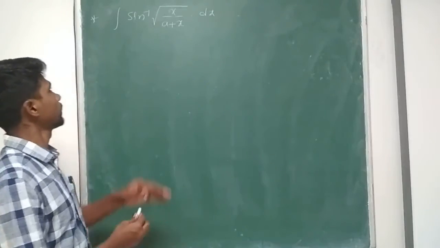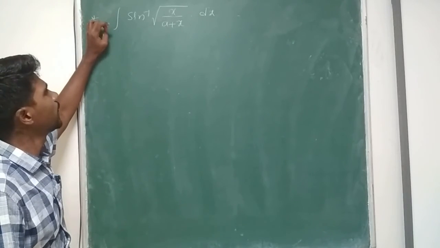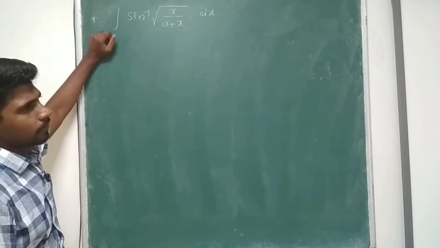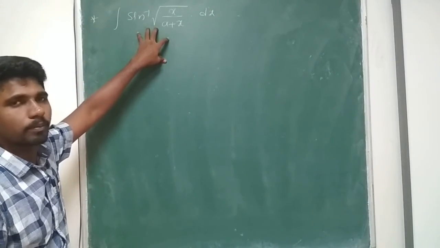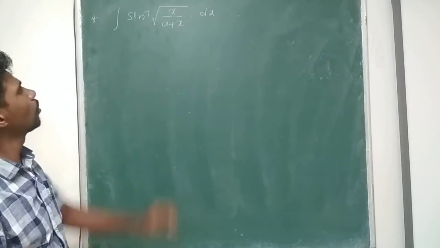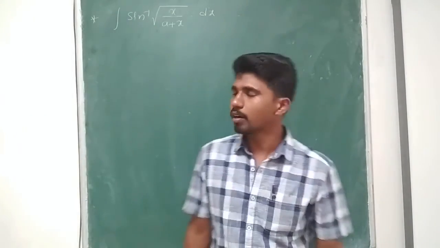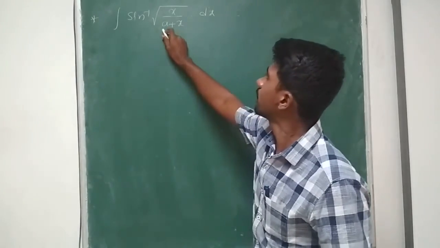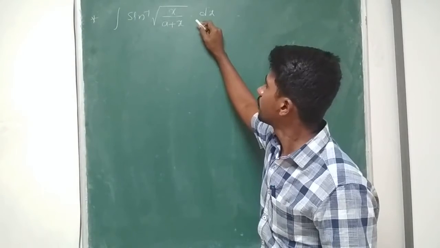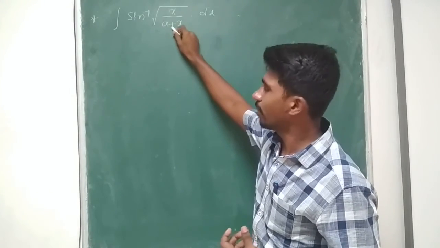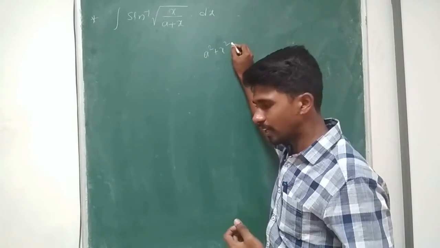Next problem is given as integral of sin inverse of root x by a plus x. See, if I have only root x here, I can consider root x as t and simplify. But I have a root over x by a plus x. So now we check the denominator. The denominator is in the form a plus x. Suppose I have a square plus x square, or a square